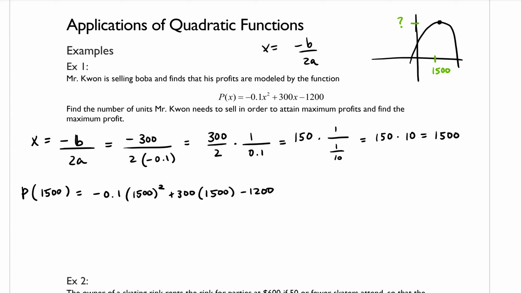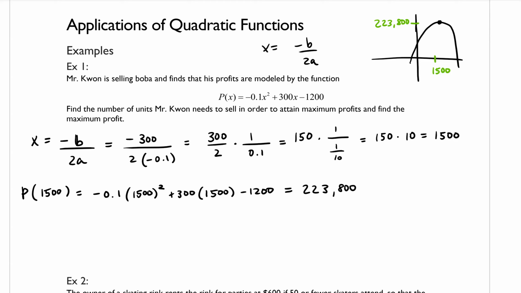minus 1200. Just to save a little bit of time, I went ahead and plugged that into my calculator, and I got 223,800. Okay, so I'm going to come back up here on my graph and just write in 223,800. And let's write a couple of sentences so that we really solidify what the answers that we got